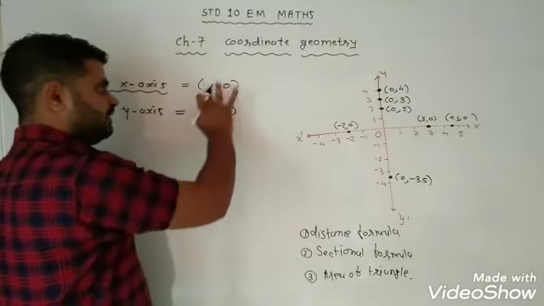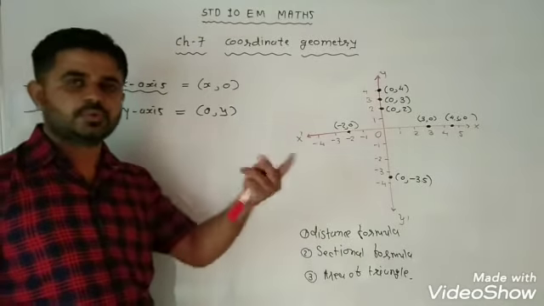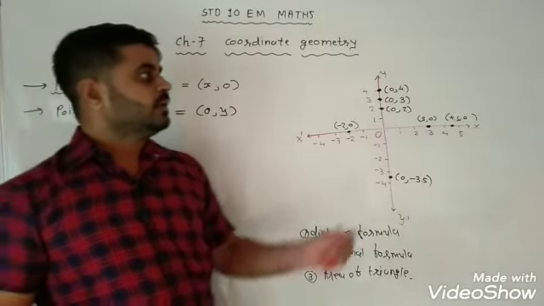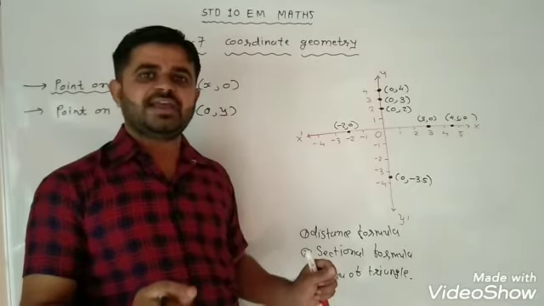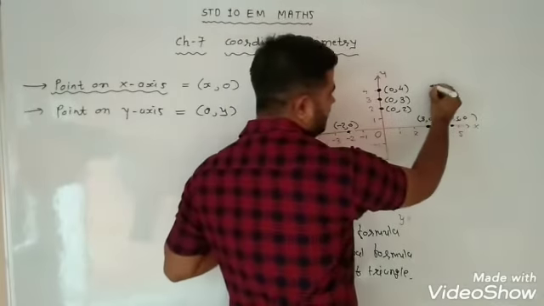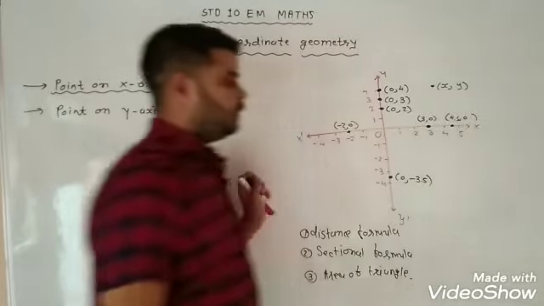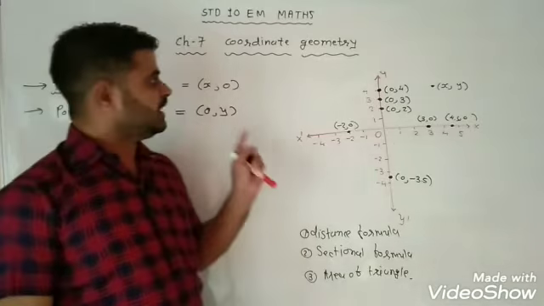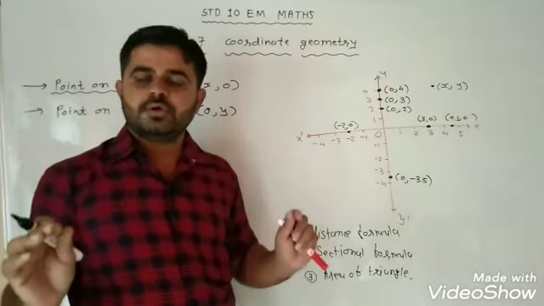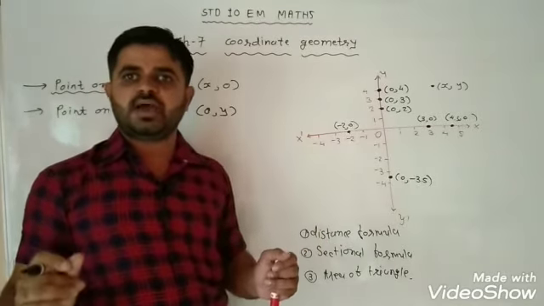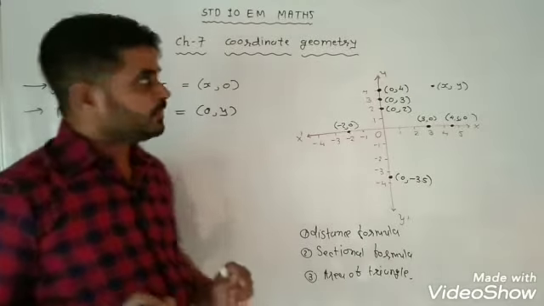Whether we write a and b or x and y, it makes no difference. So we can take such two points. But if a point is in a quadrant, then what will its coordinates be? (x, y). I had written here that if any point is lying on this quadrant or any of these four, then the coordinates of this point are x and y. So we have to take these 2 points. If the point is on the x-axis, then the coordinates are (x, 0), and if the point is on the y-axis, then the coordinates are (0, y). Clear?